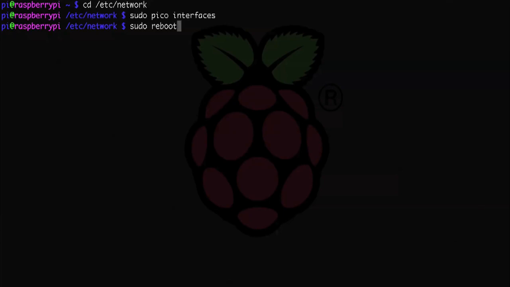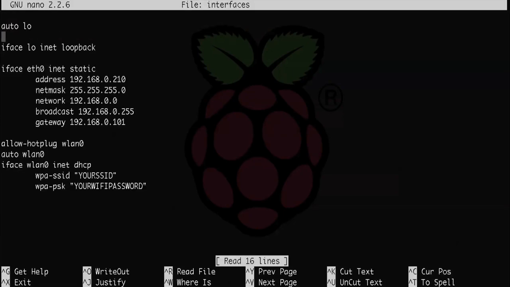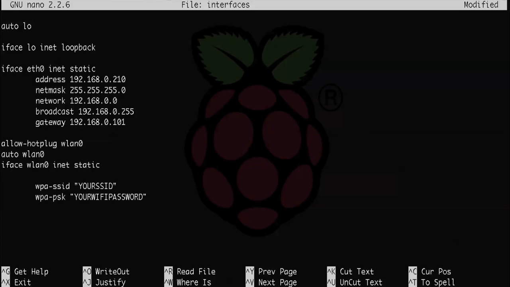If you want a static IP address for both your wired and wireless connections, here's how you set that up. So to use a static, you basically have the same sections as before. So allow-hotplug wlan0, auto wlan0. Then in the interface section, so iface wlan0 inet, you want to put static here. And then we're going to list the same address and network information that we had above, except we're going to change the IP address a little. So address